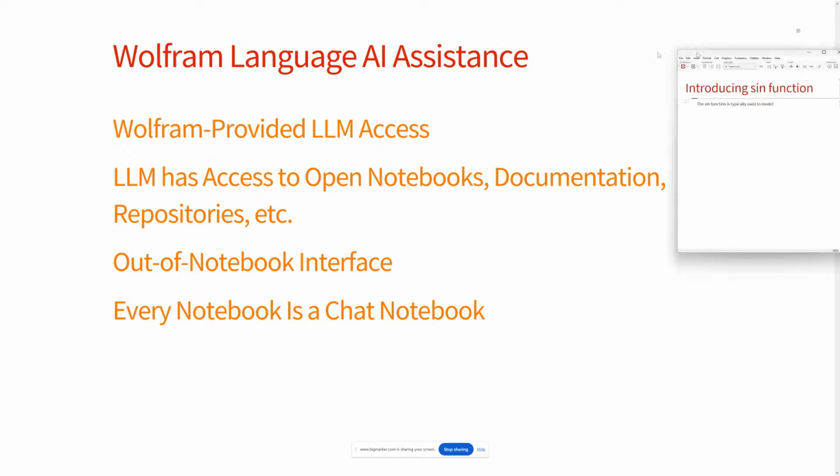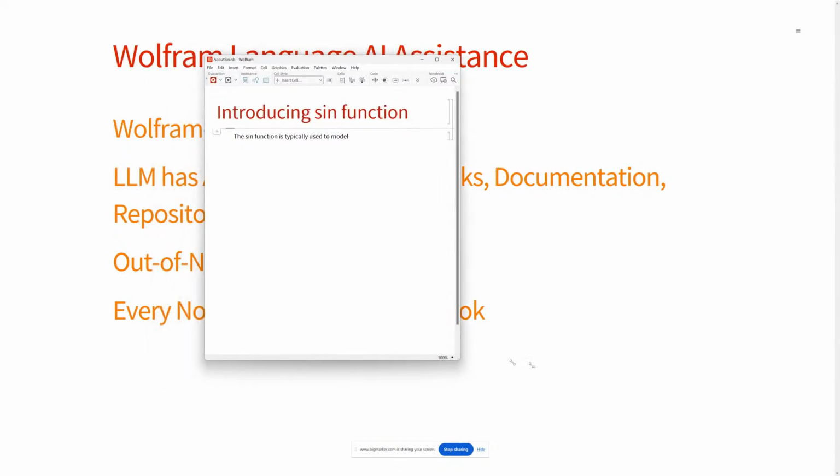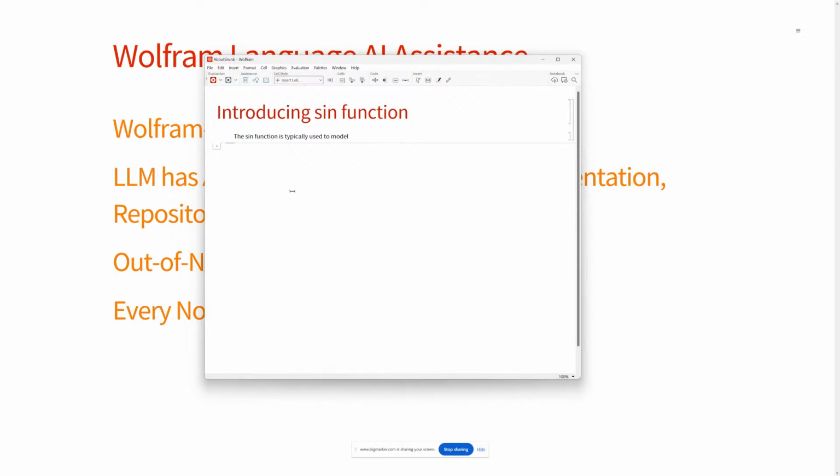Now, along with that, we've made some changes to the infrastructure for chat. If I just get a notebook up here, one is that, assuming you have access to an LLM, either through us, or you can still use the old technique, if you already have a corporate key for OpenAI or Anthropic or whatever, you can use that. You don't have to use us for the chat functionality. But now every notebook is a chat notebook. So without me having to say, start a new chat notebook, I can interact in a chat style through the notebook interface from the moment that I first start